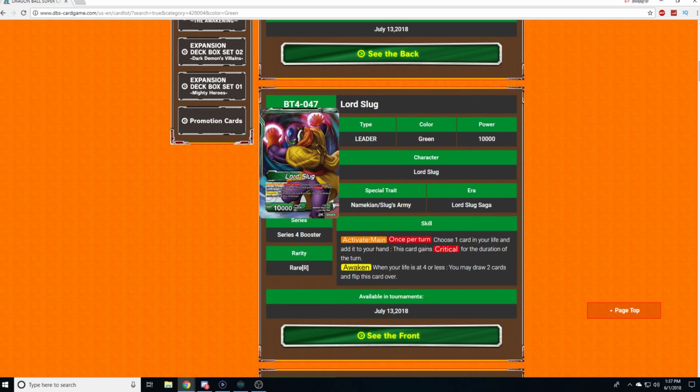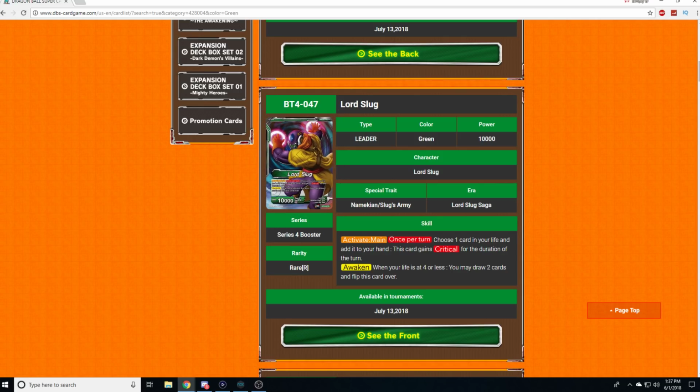Okay. Oh, look, somebody that doesn't have the generic leader skill on the front side. Choose 1 card in your life and add it to your hand. Ooh, Self-Awakening. Gains critical for the...